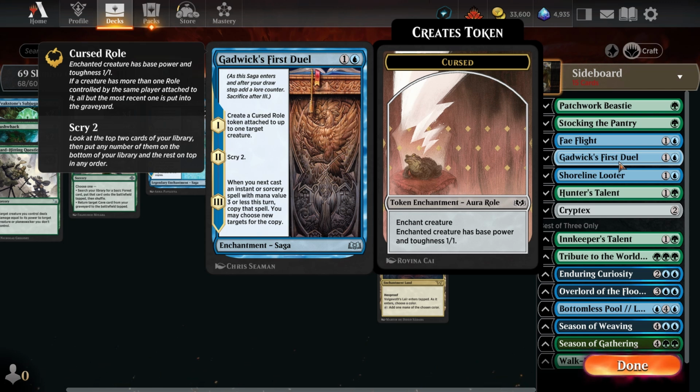Gadwick's First Duel. So you create a cursed roll on up to 1 target token, so it makes them a 1/1 creature. So then you'd play against +1/+1 counter decks. Yeah, we know that will happen. Happens all the time because that's how Magic screws you. Scry 2, and then on the 3rd one, you can cast an instant or sorcery spell from the graveyard. I really like it. I've never